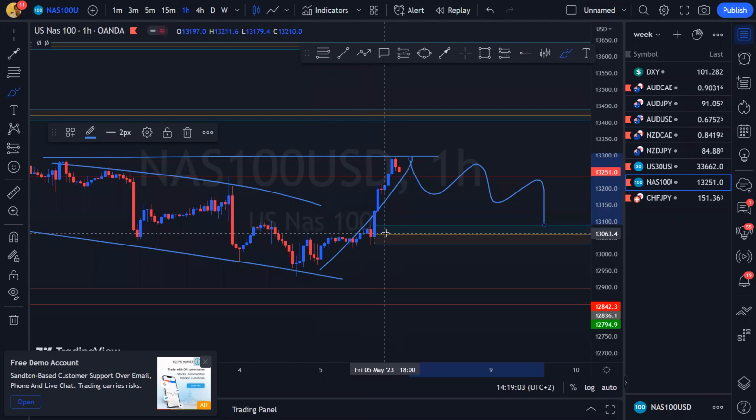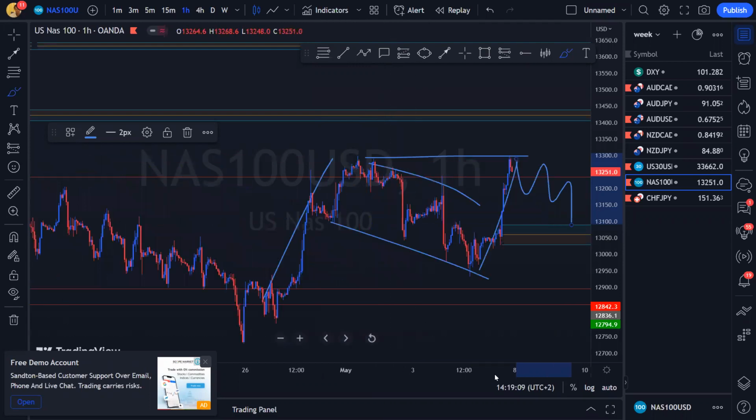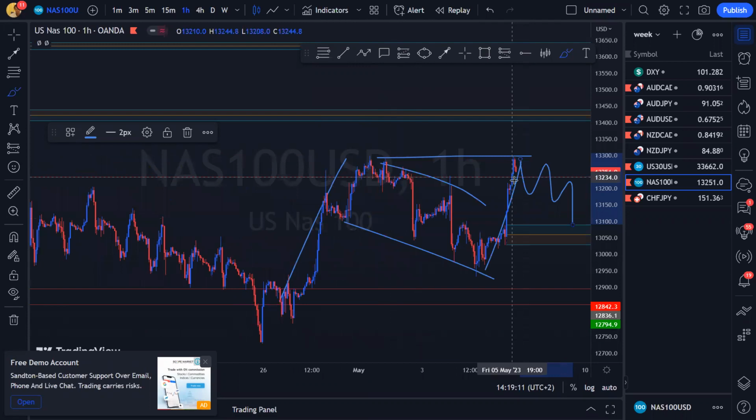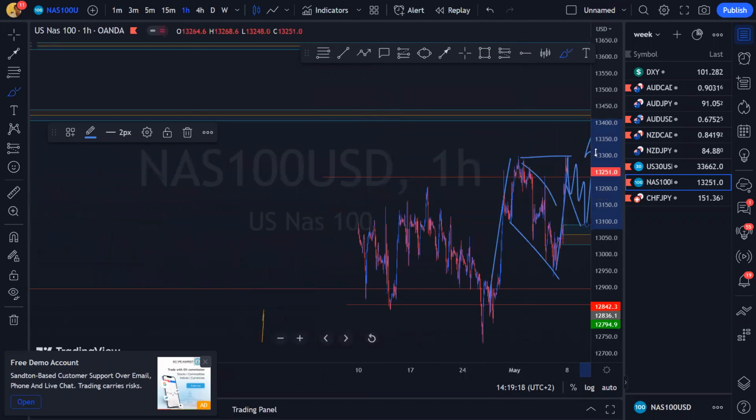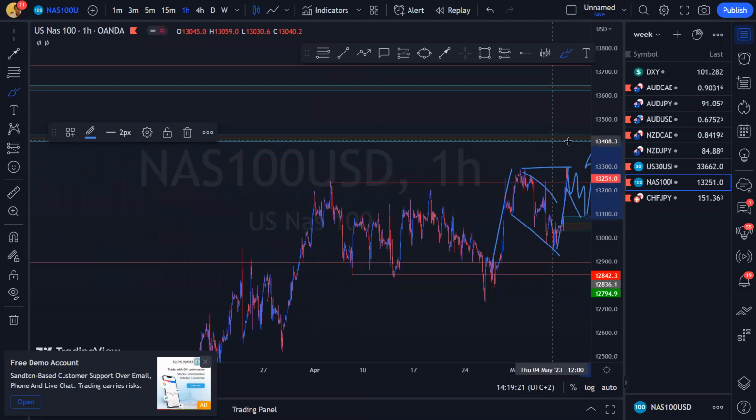So what I want to do is trade where other people are making the types of decisions that I'm trying to make. So all I'm going to be doing is waiting for that corrective structure to terminate somewhere inside of our point of interest, and then we'll see for our opportunity to long NASDAQ. Very simple. With regards to the sell, we'll wait and see when price action gets there. How do we get there, and what structures do we present when we get to these PRIs? Those will be the defining factors for us to be able to make sell bias trading decisions.